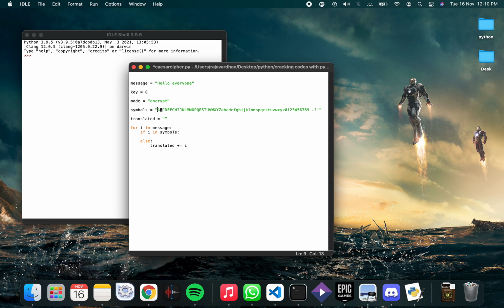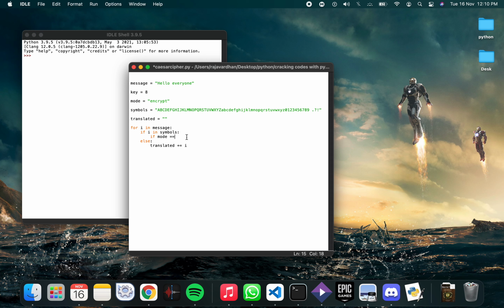If I have to decrypt the character capital B, I will reduce 8, and I will add the length of the symbols, and it will again come into range, that is around somewhere here, right? I think you got it. I will explain how it works.